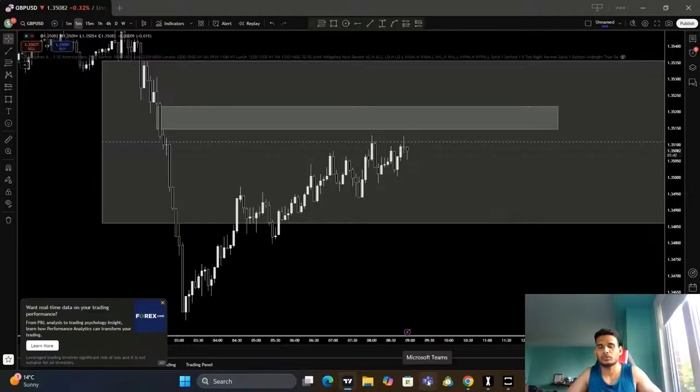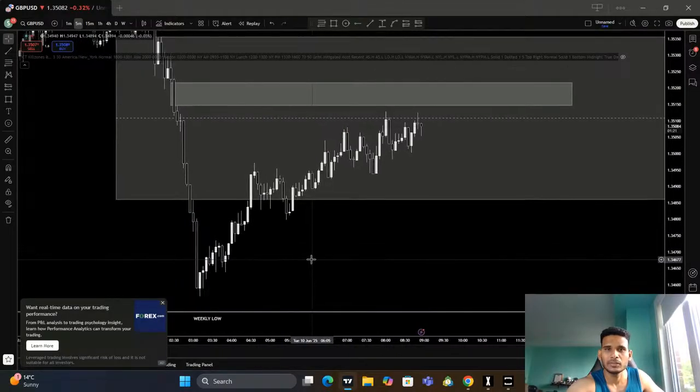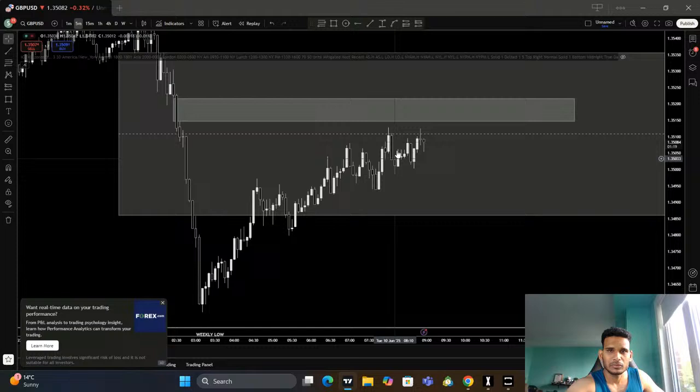Just focus on capturing 2 to 2.5 consistently, and you have to build the patience. If I align this with higher time frame, it would be a great model, but it's not aligned with my higher time frame. According to my higher time frame, this is going to be the structure shift with displacement, so I can target this low and this low. It's going to be a great entry, but it's not aligned. Since it's not aligned with my higher time frame, it's only in 1 minute, and it's not worked.